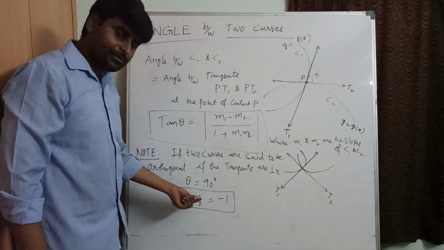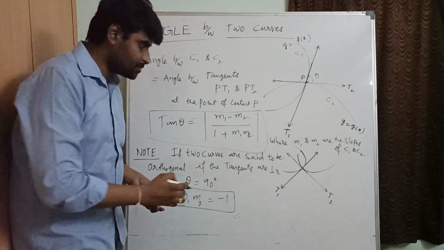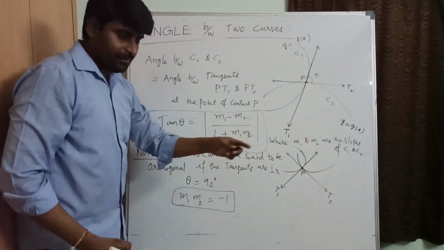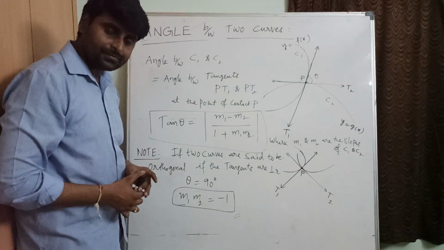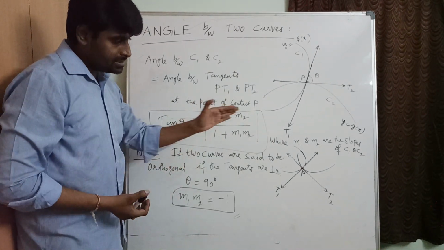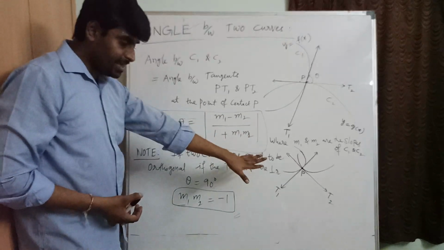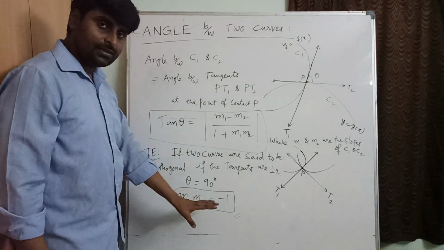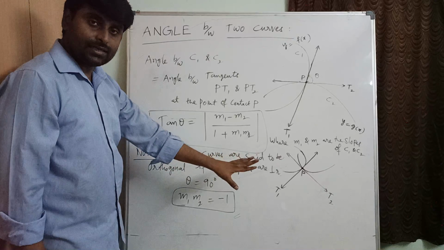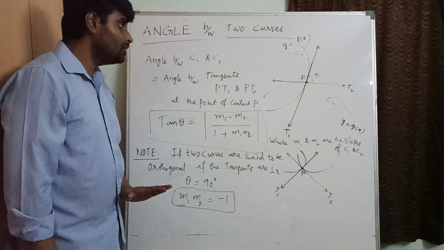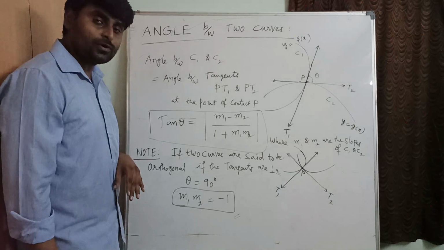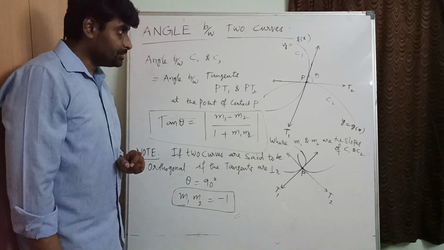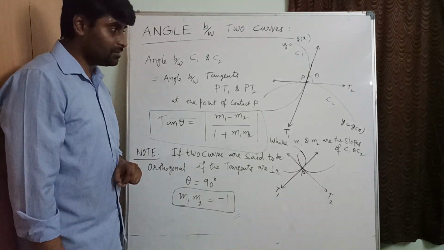Generally, how can we find M1 M2? We will differentiate the first curve and substitute the point of intersection. This is P. So differentiate the first curve, substitute the point, we will get M1, that is the slope of the first curve, and differentiate the second curve also and substitute the same point, we will get M2. Finally, if you multiply those two slopes, if you get -1, then we can say the curves are cutting orthogonally. So this is the maximum concept of tangent and normal subtopic in the chapter application of derivatives.